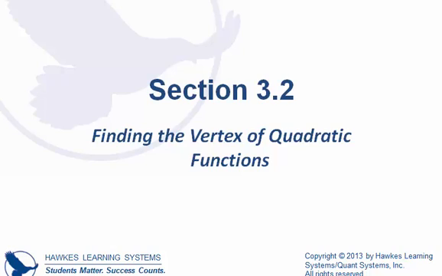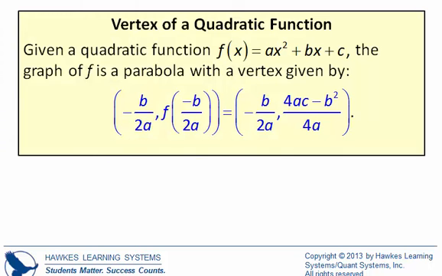We'll now continue our discussion of section 3.2, focusing on finding the vertex of quadratic functions. Let's begin with the formula. The vertex of a quadratic function. Given a quadratic function, f of x is equal to ax squared plus bx plus c. Now note this is in standard form, not vertex form. The graph of f is a parabola with a vertex given by,